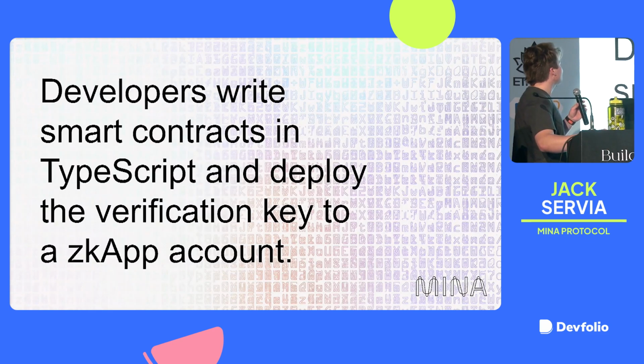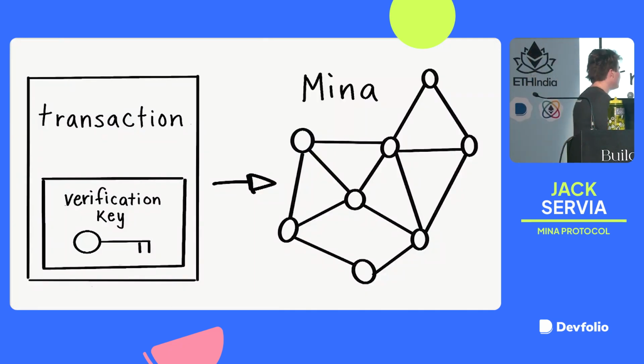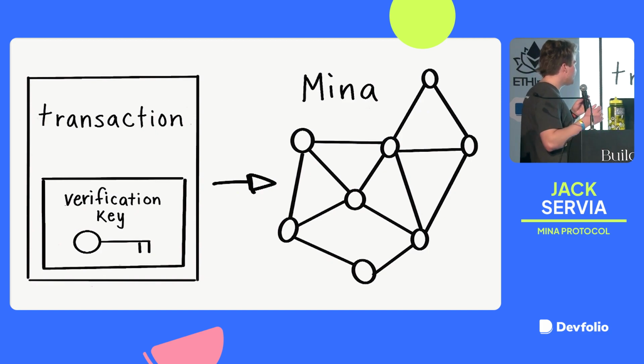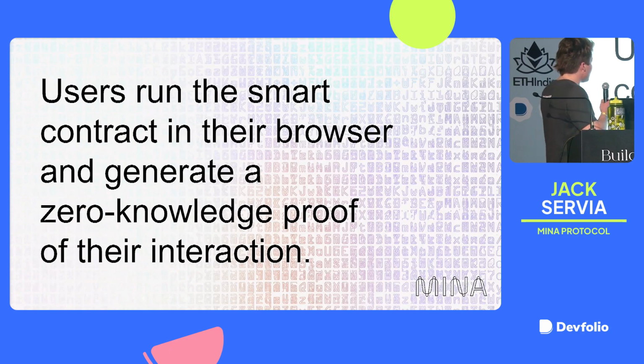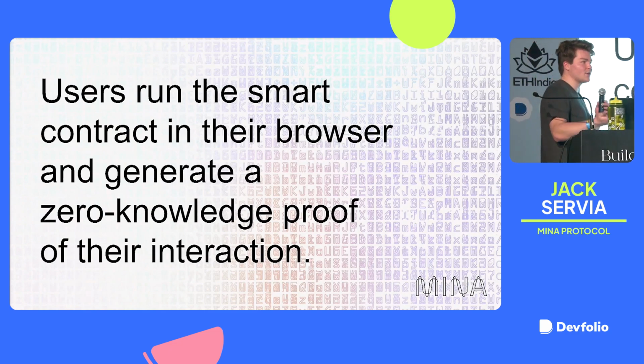How do the smart contracts work? Developers write the smart contracts in TypeScript, and they deploy the verification key to the zkApp account. So a zkApp account is just like a contract account on Ethereum. I mean, it works a little bit differently, but it's the same idea. So a user generates this verification key for their program, and they deploy the verification key to Mina, and then we have a new smart contract on the Mina network. Users run the smart contract in their browser, and then they generate a zero-knowledge proof that their interaction was valid